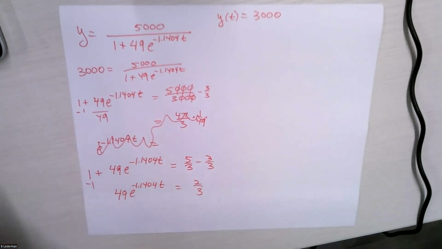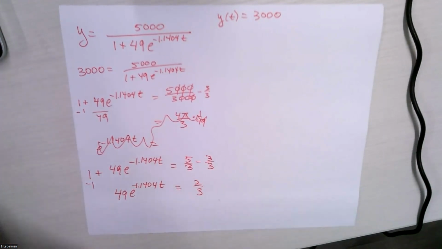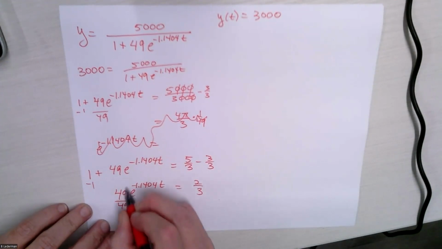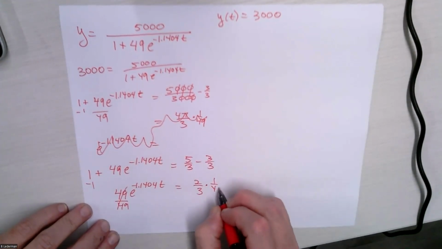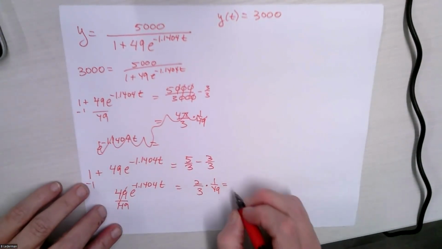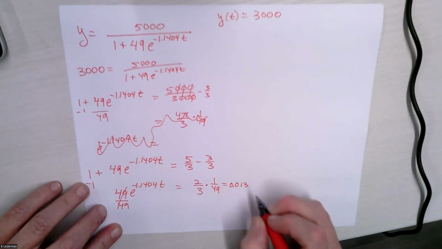But now I got to divide. I divide both sides by 49. So this is equal to, this is rough, let me check my calculator. This is roughly equal to 0.01361,